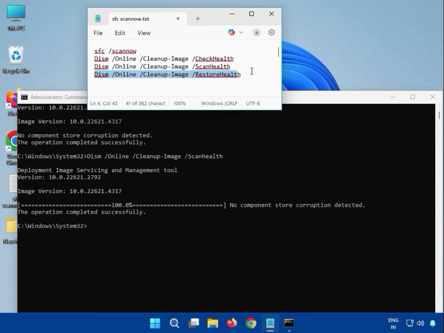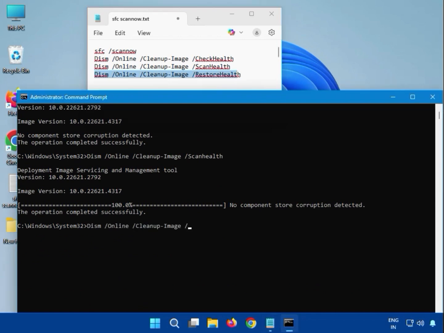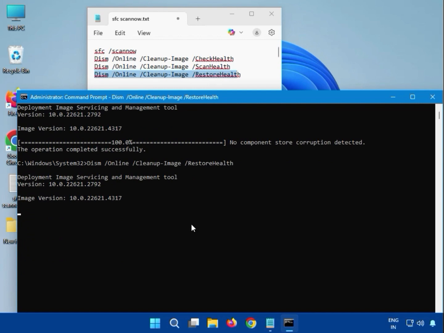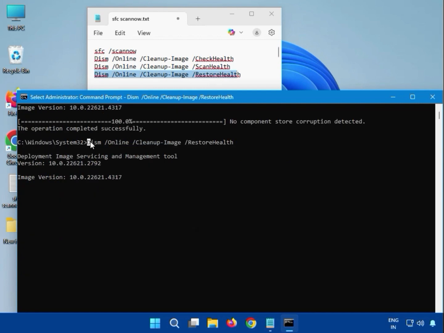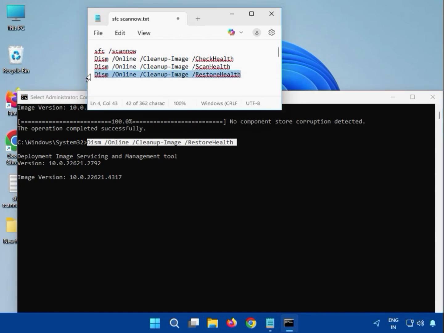Then guys, the fourth one, which is restore health, you can see here we can enter DISM and all, and please note small and capital. Restore health, and then hit enter. Again guys, you have to wait. The percentage will start, it will complete. After that you can see here